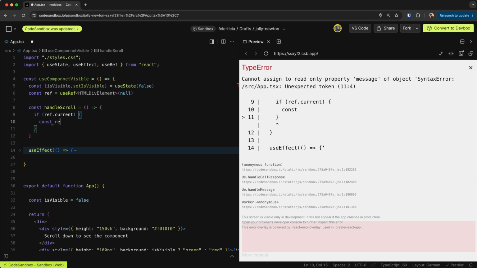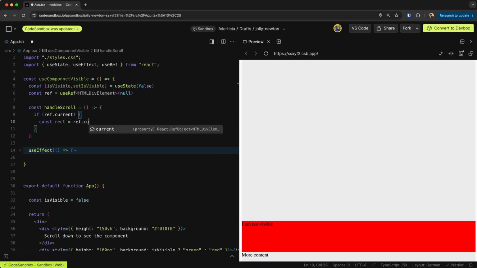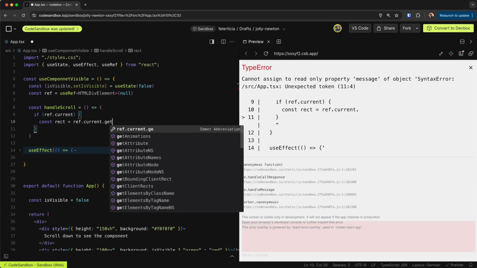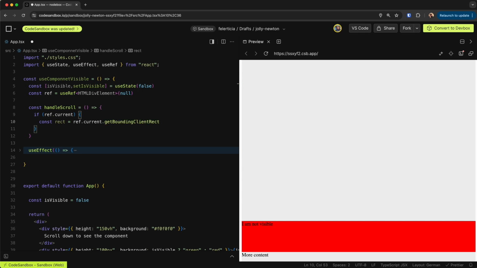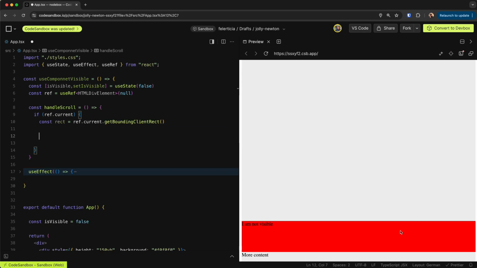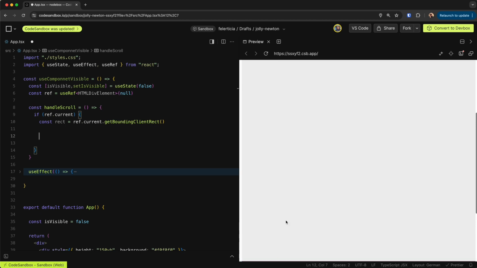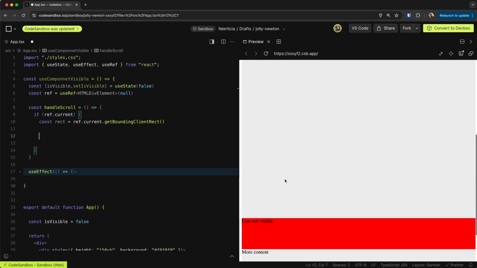In order to do that, there is a function called getBoundingClientRect. So, ref.current.getBoundingClientRect. If the top of this element is greater than 0, so if it's like here, this can